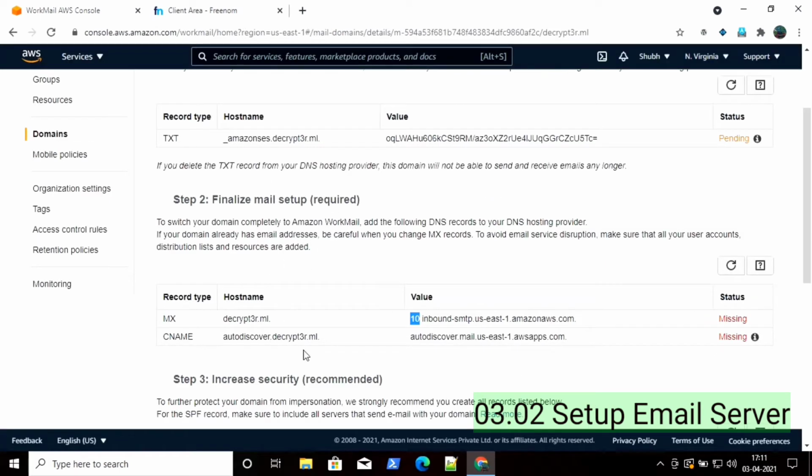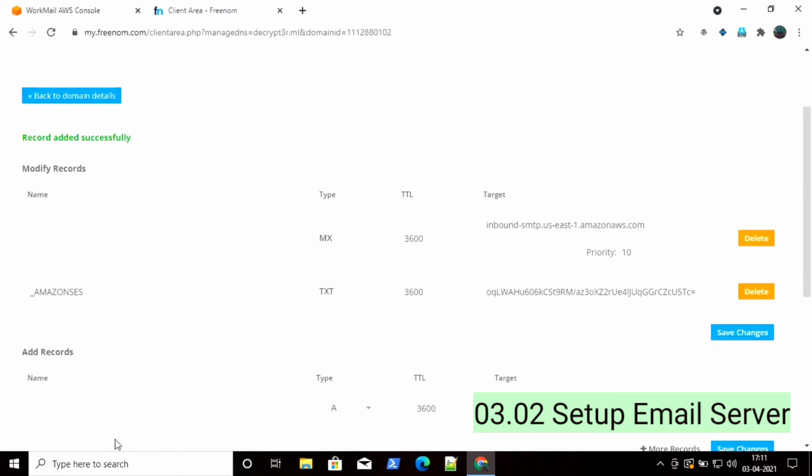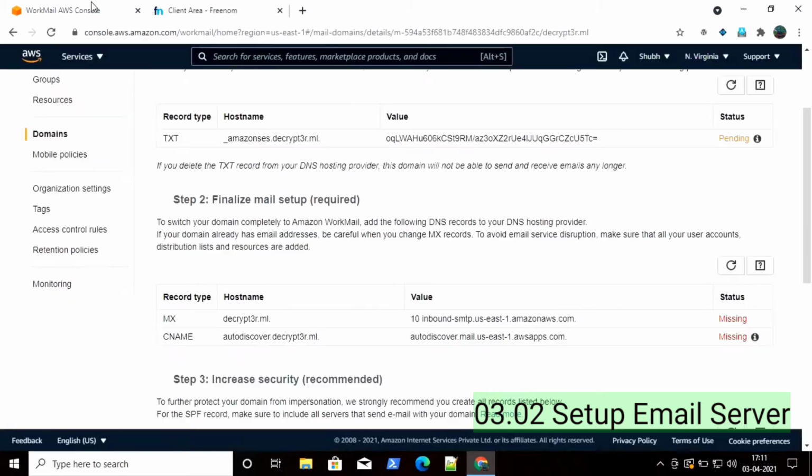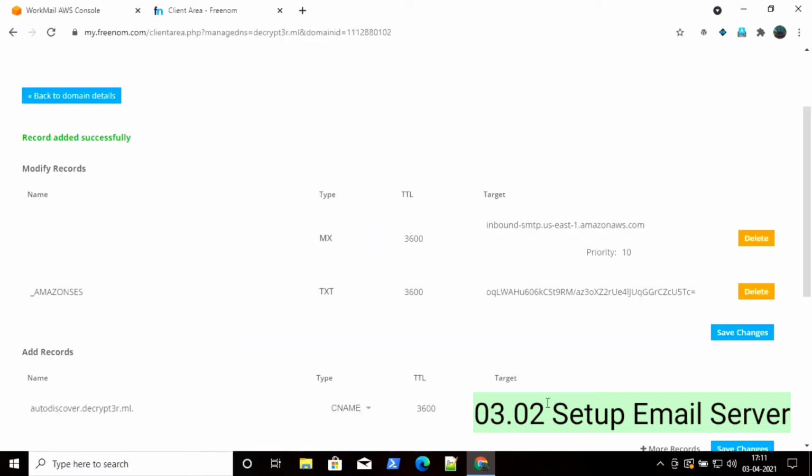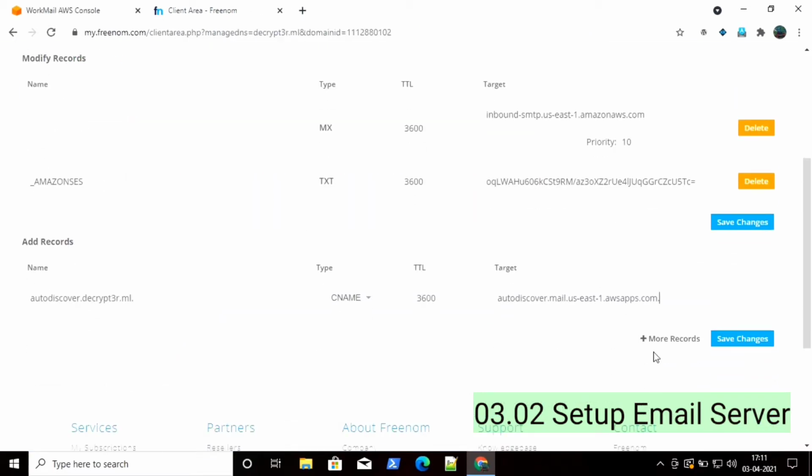Now the third record is CNAME. CNAME means canonical name. So copy this record, paste it into name, type as CNAME, and for target, copy the value and paste it as the target and click on save changes.